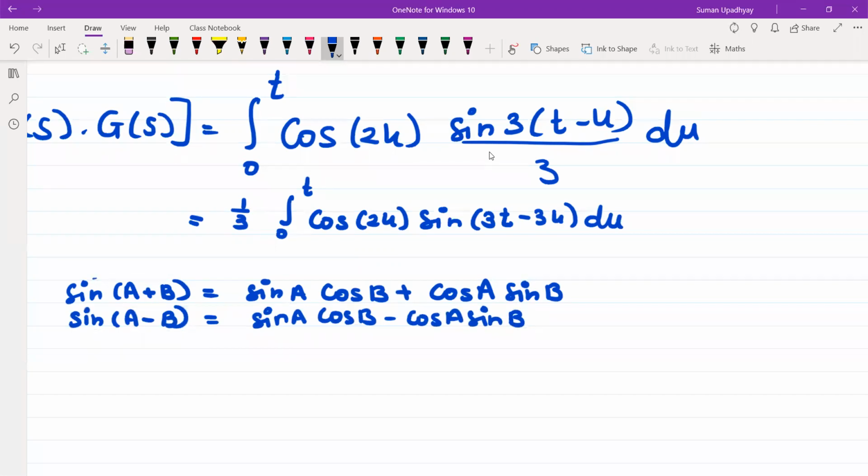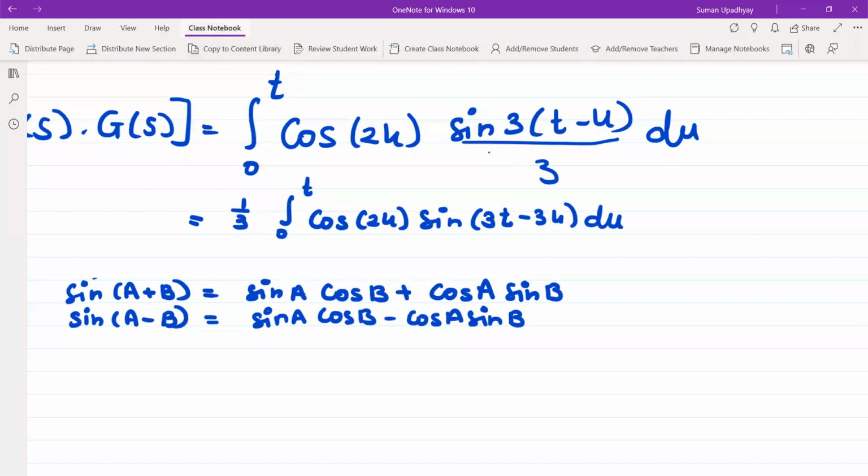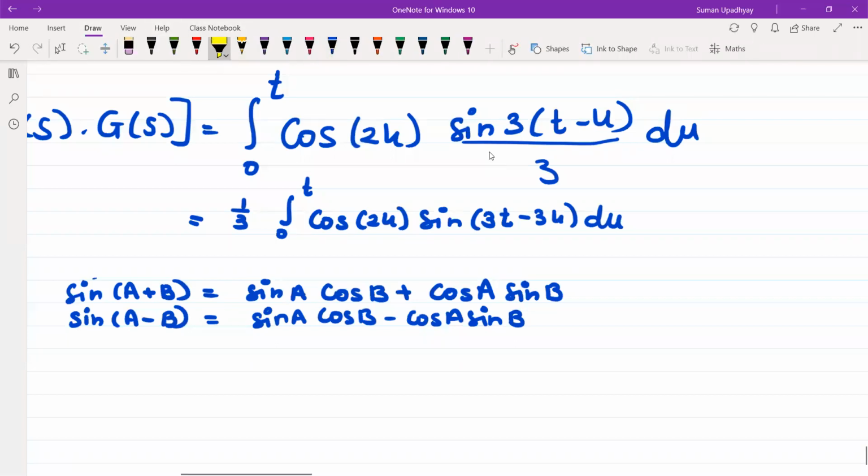This formula we all know. But over here, what do I have? I have cos into sine. So what should I do? Should I add them or subtract them? I think I should subtract them. So if I subtract sine A plus B minus sine A minus B,